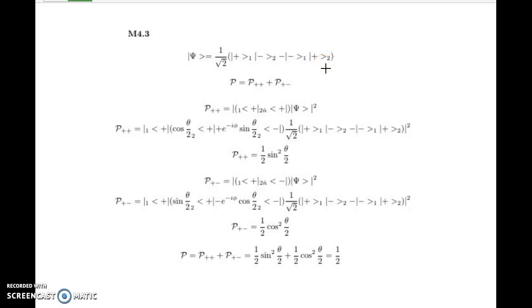And so it asks to show the probability of observer A measuring particle 1 to have